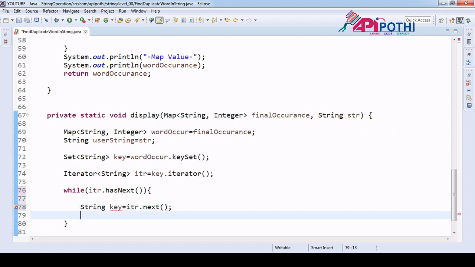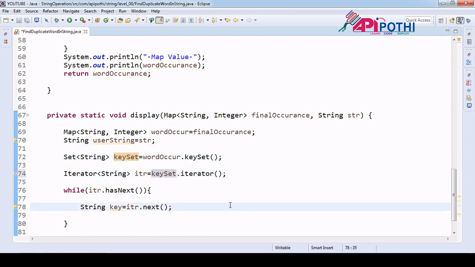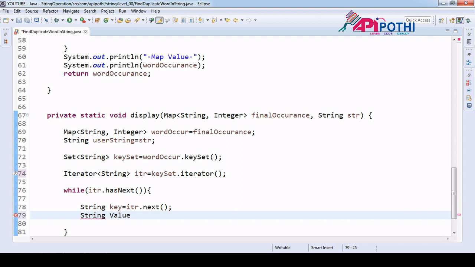Okay, set key set name will be refer key set. Good. And now value, string value equal to,